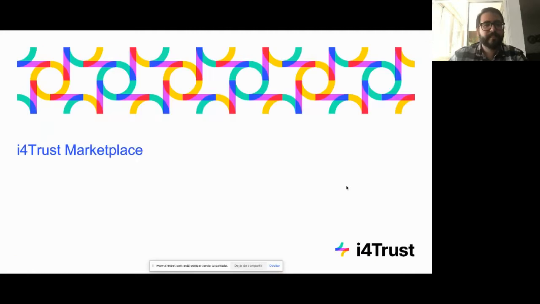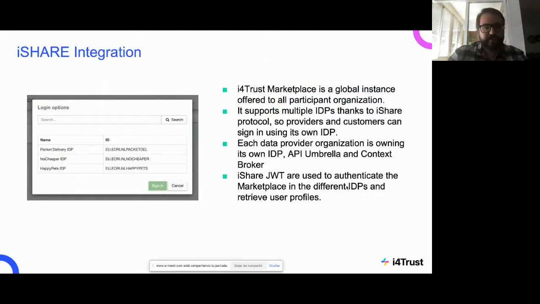Okay, so this is all from the point of view of the pure generic enabler of the business API ecosystem. And now we can talk about a real instance of this software, which is the marketplace that we have created within the i4Trust project. First of all, this marketplace is fully integrated with the iSHARE components that are going to be presented in detail in the next presentation. But basically, we have a global instance, which is the i4Trust marketplace,